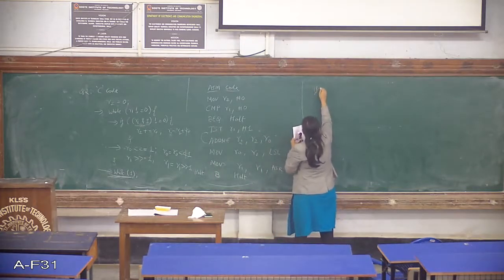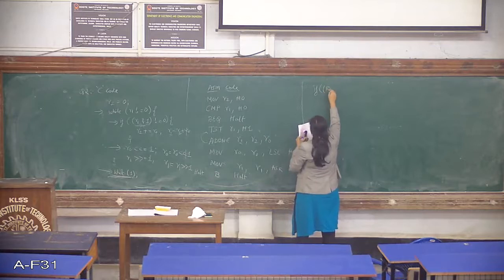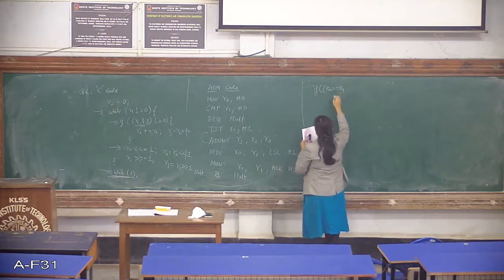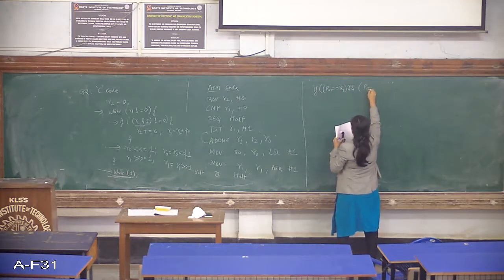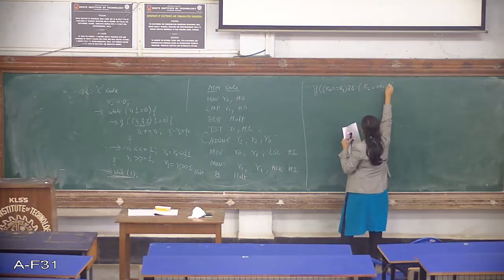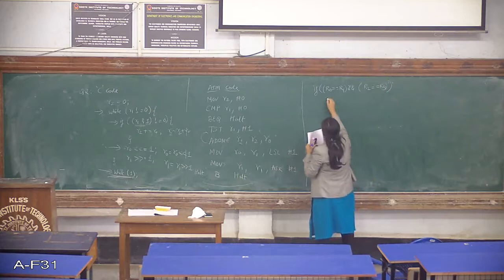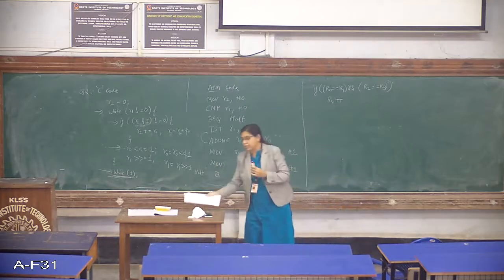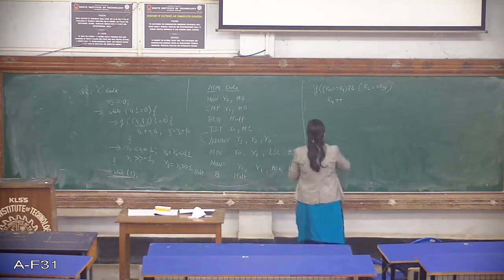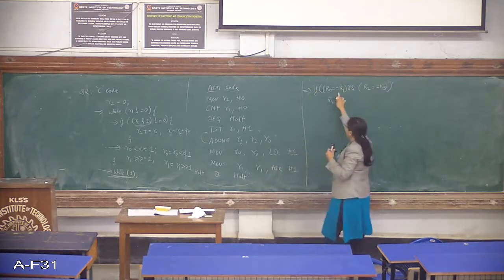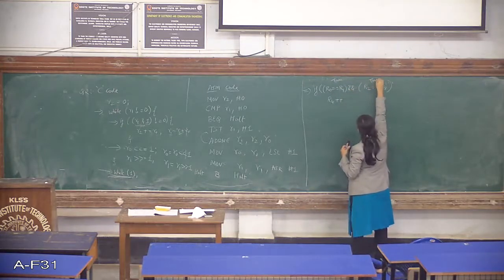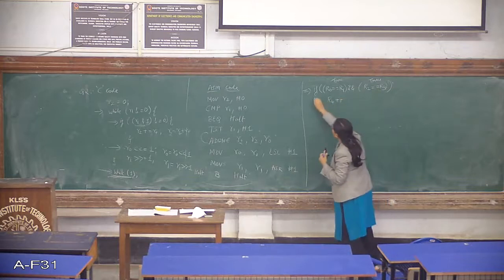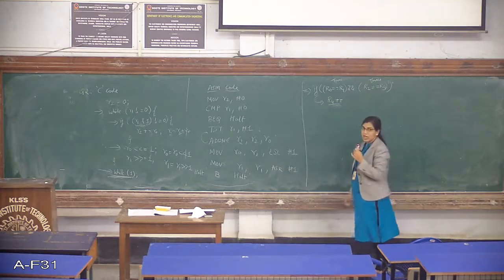There is a statement given: if R0 is equal to R1 and R2 is equal to R3, you're going to just have R4 plus plus. So a simple statement of if. Okay, so what does this if statement mean? R0 equals R1. If this condition is true and this condition is true, if both the conditions are true, then only you'll be executing this instruction which is R4 plus plus.